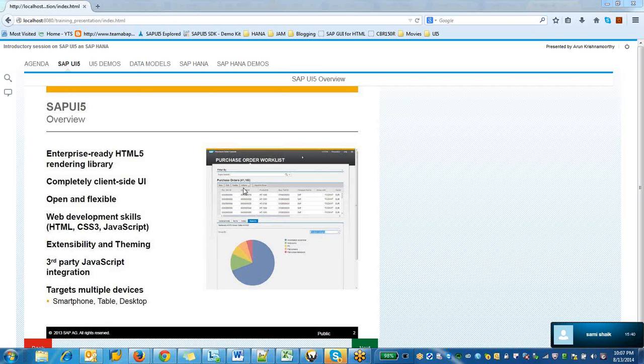Initially we have these JavaScript functionalities. We wrap them into a library called jQuery so that we can access them faster and more efficiently. So this jQuery is the core foundation for SAP UI5. Whatever is there in jQuery, we have included everything, and on top